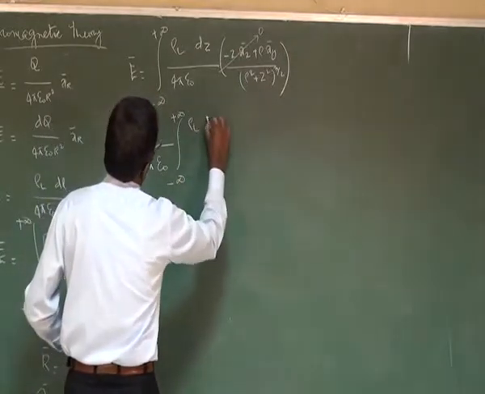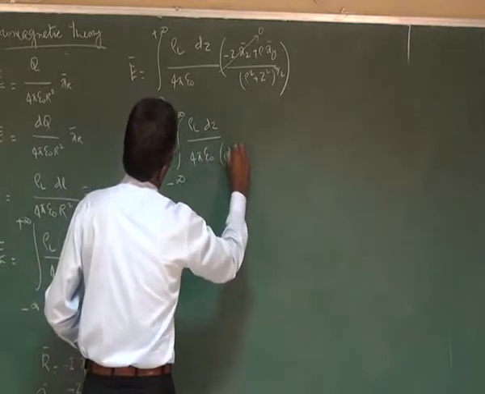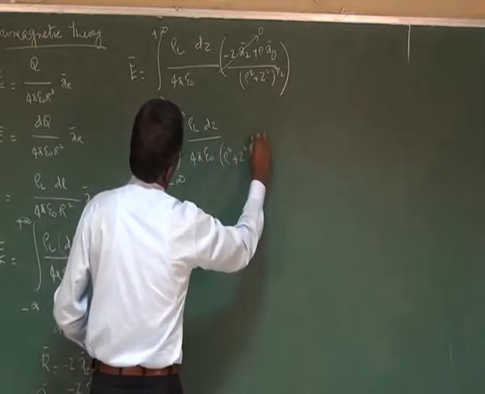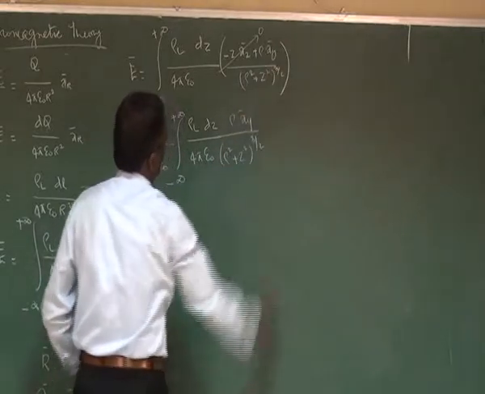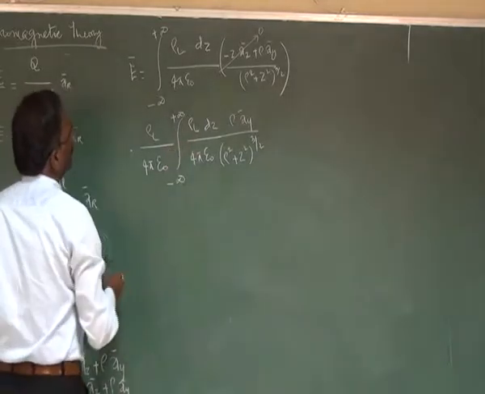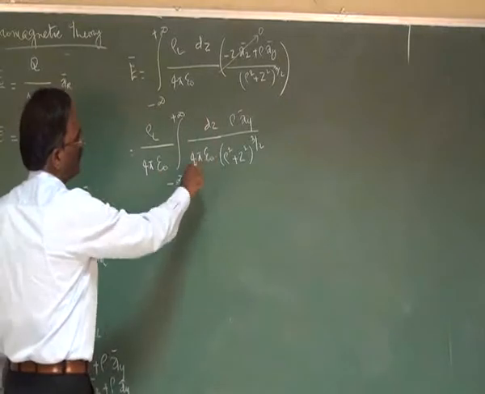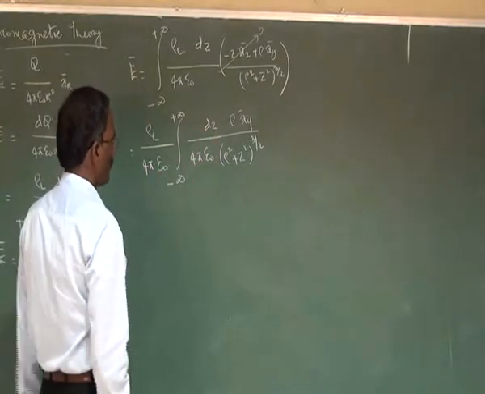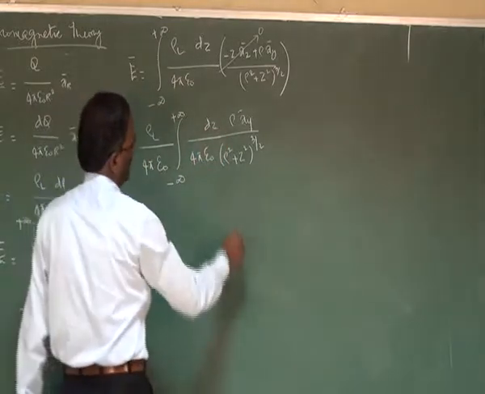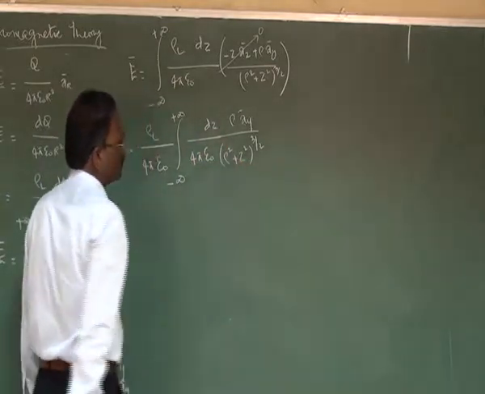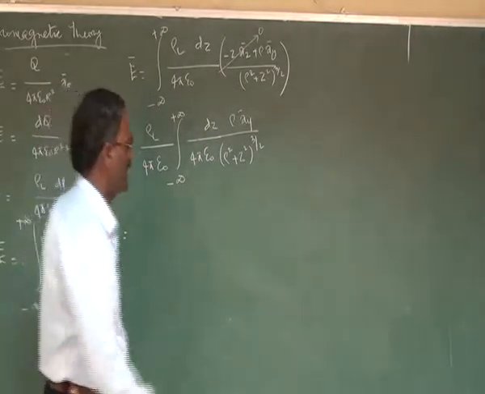I want to consider the next step. So this is rho L dz divided by 4 pi epsilon O, rho square plus z square to the power of 3 by 2, and the rho ay bar component. This rho L is already taken outside, so it is dz rho ay bar divided by 4 pi epsilon rho square plus z square to the power of 3 by 2. This is the variable of integration, but it is coming along with a constant, so it is a bit difficult for us to integrate it.